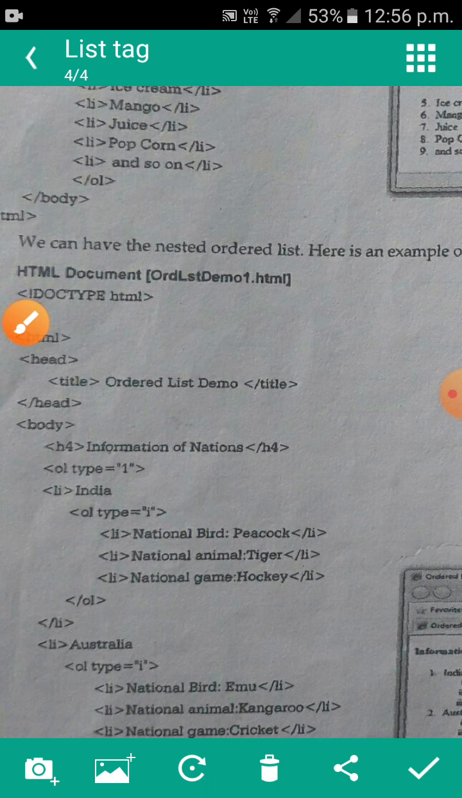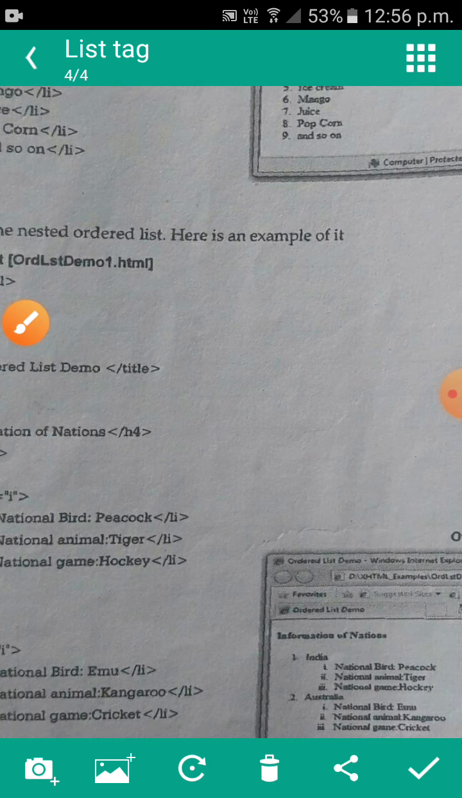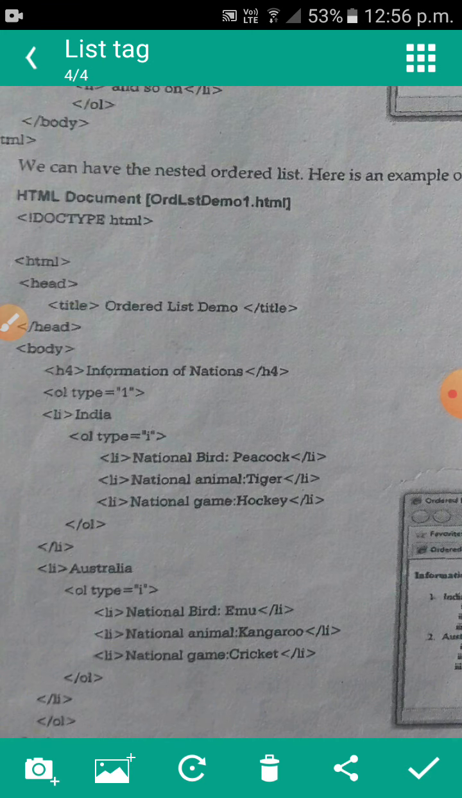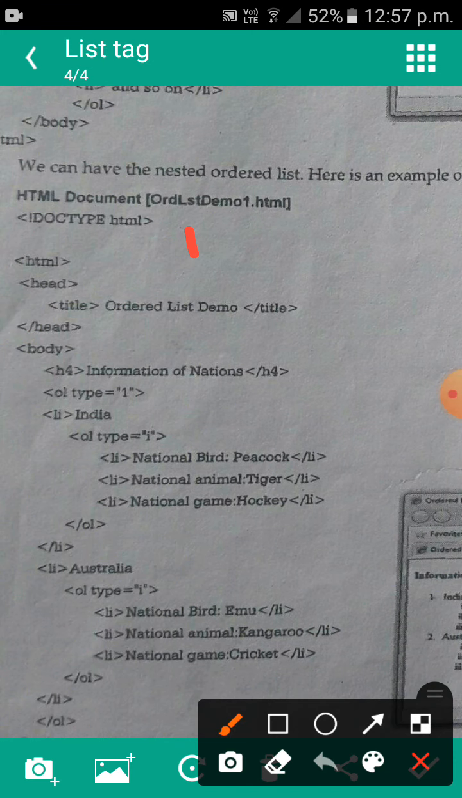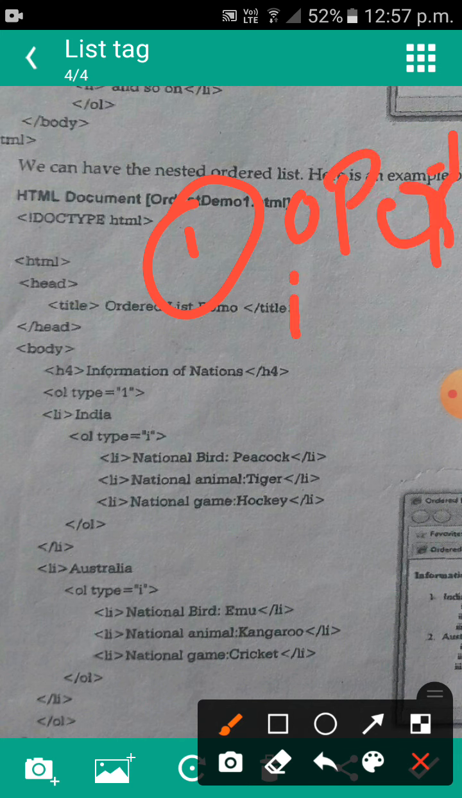So we can have a nested ordered list. Here is an example of a nested ordered list. For example, nested order means in the first we have some heading, that is Operating Systems. Okay, within that a small Roman numeral is used, that is 1 Windows, then 2 Linux,